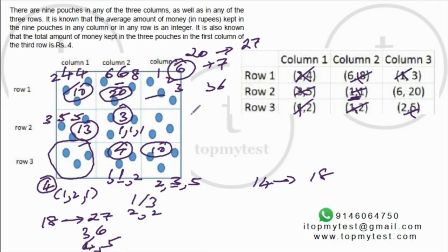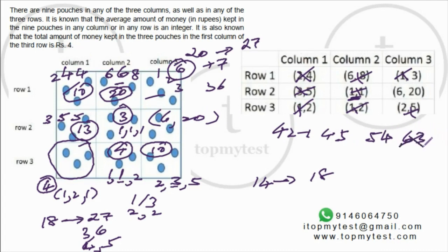Now let's look at the last one which is left. You have a 6 and a 20 here. Okay, let's try to add row wise. So you have 26 plus 16. 26 plus 16 is 42. Where else can you reach? You can reach 45. You can reach 54. 63. Right, 21 you cannot add, right?